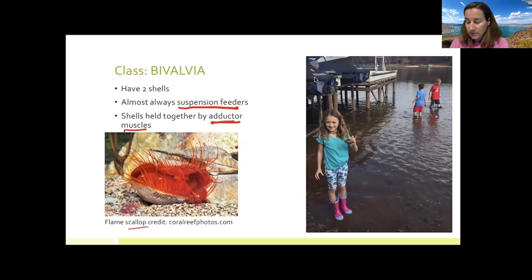This guy, this flame scallop, is a saltwater guy. It's beautiful. And then these are my kids in this picture here, and my in-laws have a place on Lake Oconee. And so it fluctuates just like Lake Allatoona does. In the winter, you know, they lower the water down because it's a man-made lake, and then in the summertime and springtime they raise the water back up. So when the water is really low, my kids like to go out there and see what's out there. And so we found a whole bunch of gigantic freshwater shells, I mean, look at it. It's really pretty big. Gigantic freshwater shells out there for the different types of clams and stuff that are present in Lake Oconee.